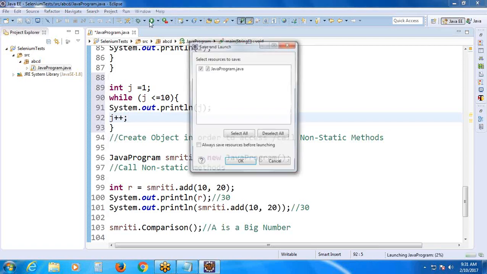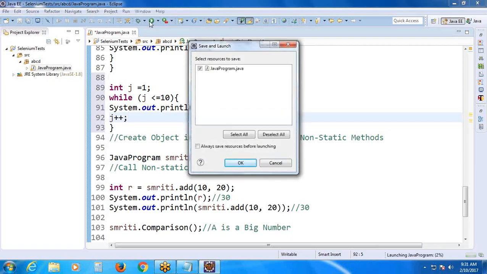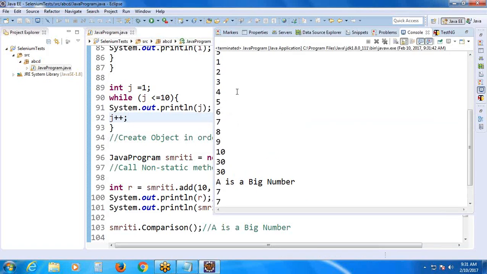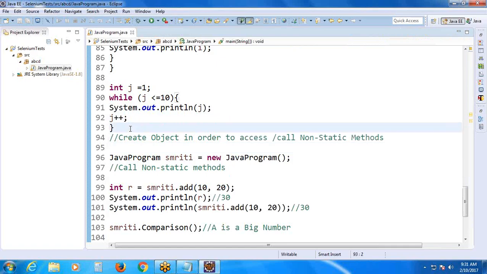Observe Preeti Joshi, output of the while loop. Observe Preeti Joshi. Any problem? No, sir, it is fine. Okay. Now,